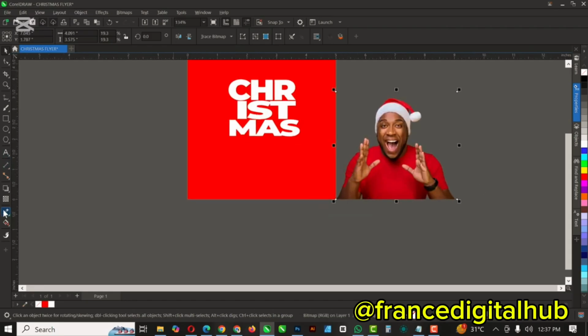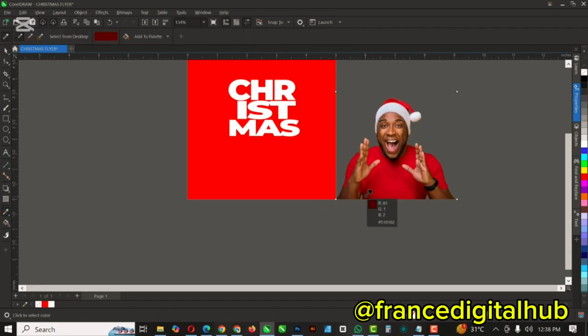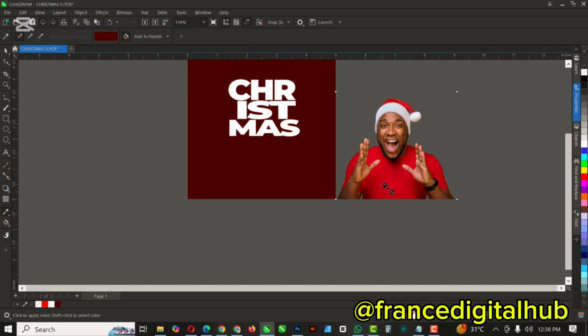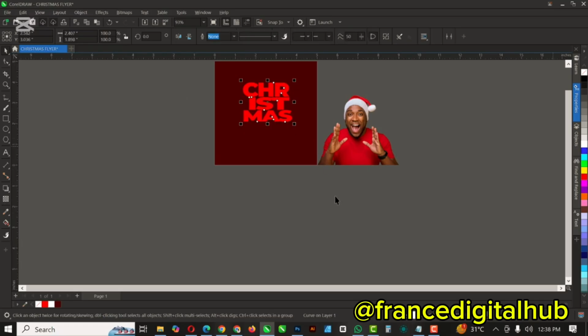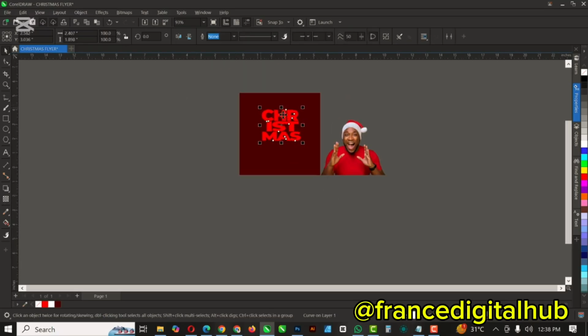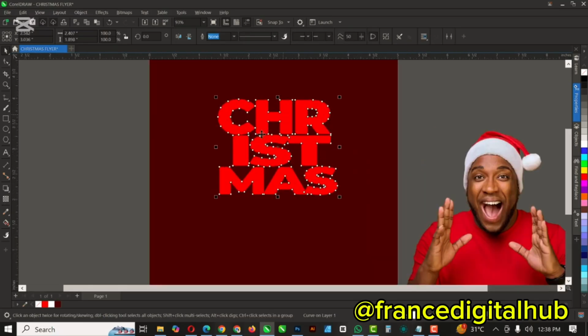So what I'm going to do is pretty fast use my eyedropper to select this color, which is a darker shade of the red here, and put it inside of the design like this, right? So that is the shade of red I want to use. Then for this one I'll use this red, right? So I have a whole lot of contrast going on here. So right now what I want to add to this to make it pop more is an outline,